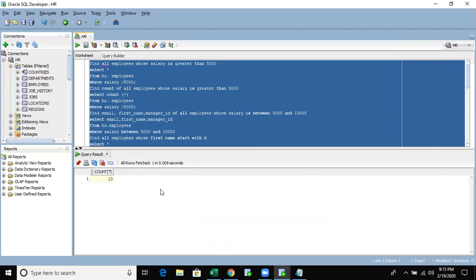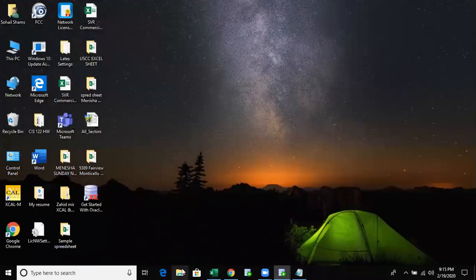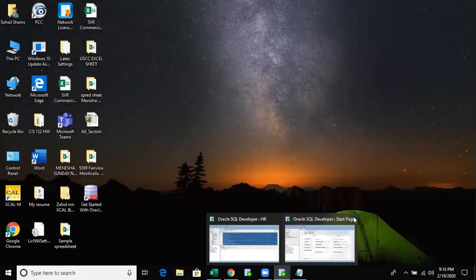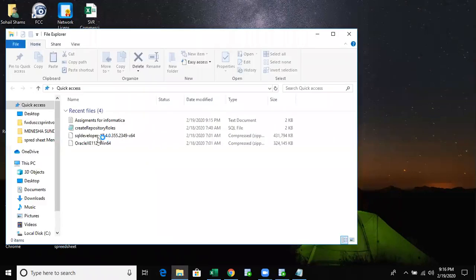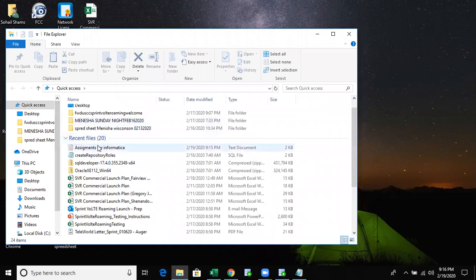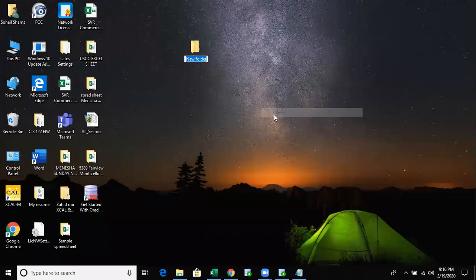Go back to your desktop, and you created a folder, right? Yes, that is correct. Why do you have 2 SQL developers open? You can close one of them. Yeah, close the other one. Let me bring that folder out. Yeah, create something on your notepad. I'm gonna make a folder real quick. Just call it assignments, and